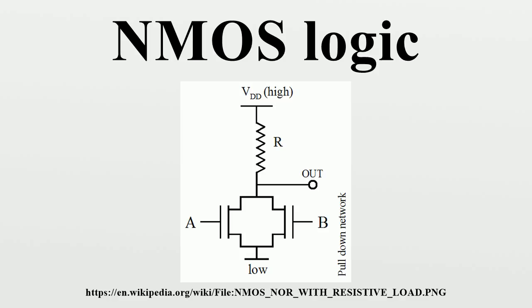A MOSFET can be made to operate as a resistor, so the whole circuit can be made with N-channel MOSFETs only. nMOS circuits are slow to transition from low to high. When transitioning from high to low, the transistors provide low resistance, and the capacitive charge at the output drains away very quickly. But the resistance between the output and the positive supply rail is much greater, so the low to